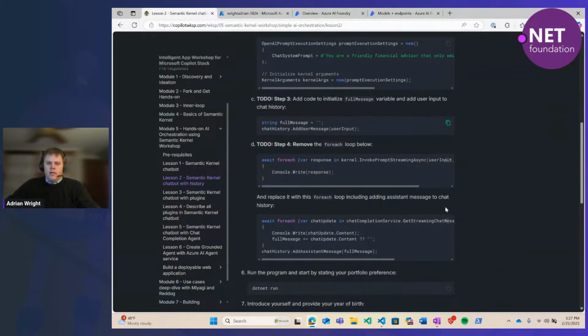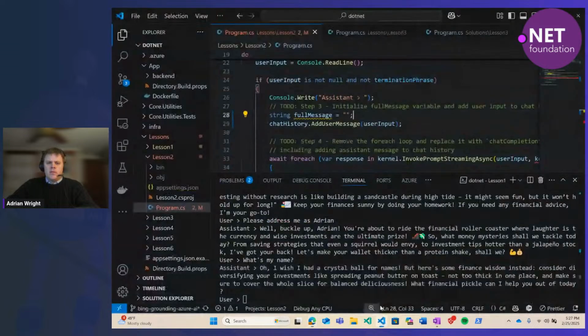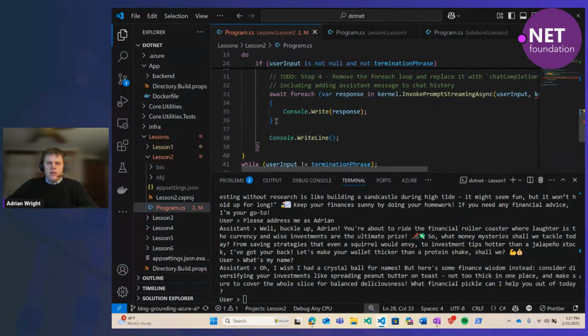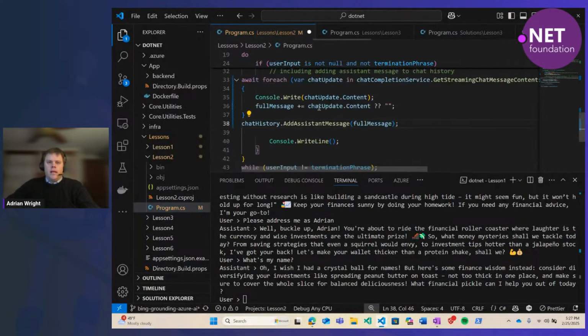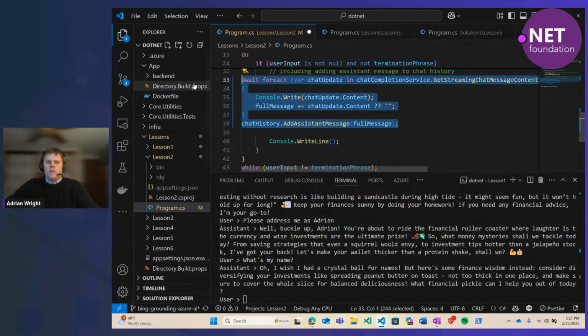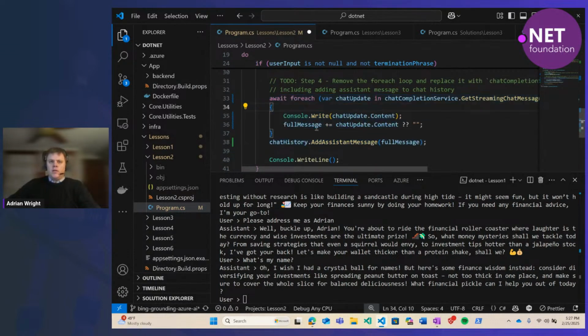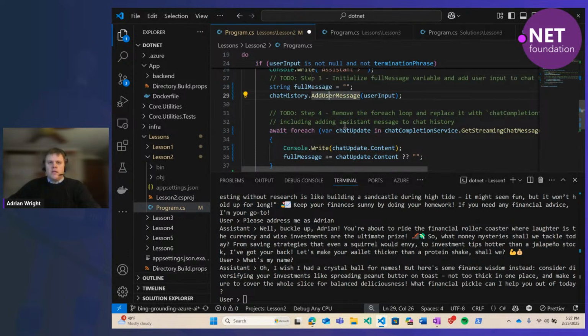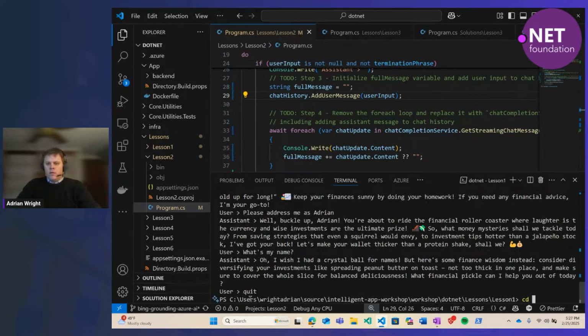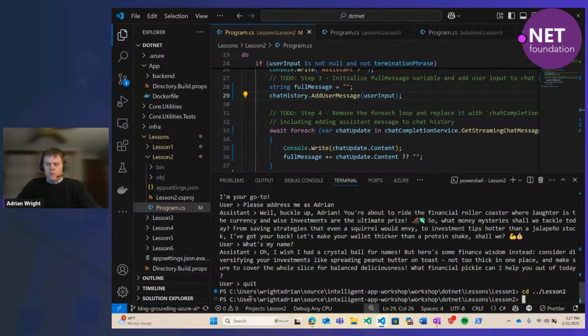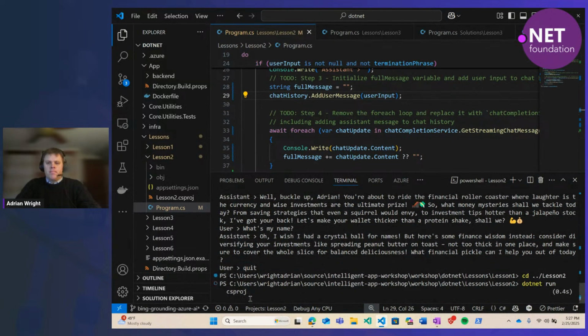And then when the assistant responds, we can add that to the history as well. So you can see chat history.add assistant message, chat history.add user message. All right, so let's quit lesson 1. We'll jump over to lesson 2 and run that.